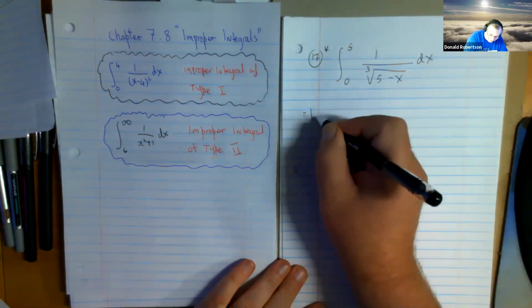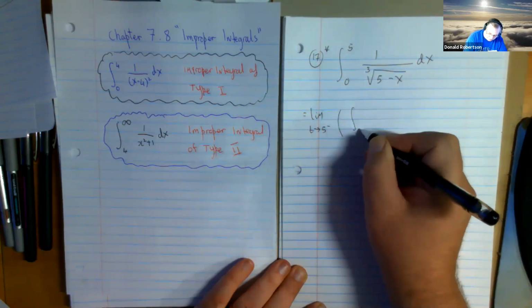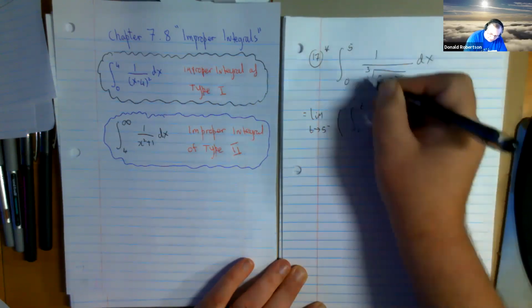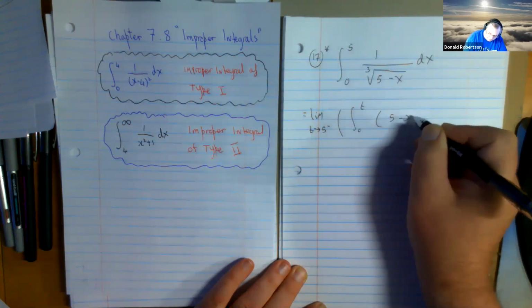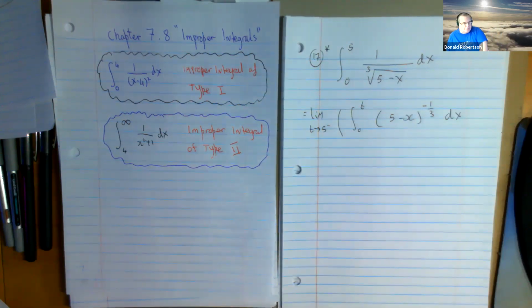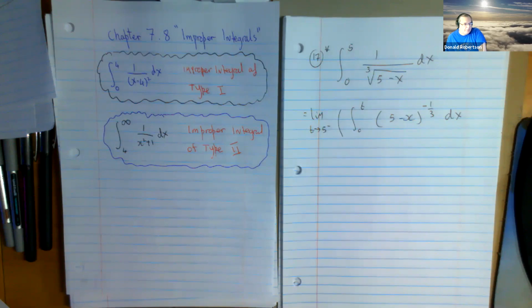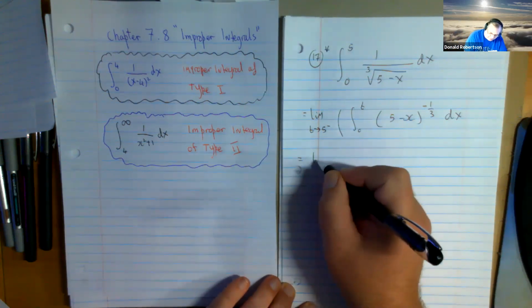So now that I have all the features that I need, I'll do this, the integral from 0 to t. This fella is going to be called 5 minus x to the negative 1/3 power. Are we comfortable with what I just did there? That a cube root on the bottom is a negative 1/3 power. Have you noticed that you have to make these things powers so that we can integrate it using the power rule? And that is going to become